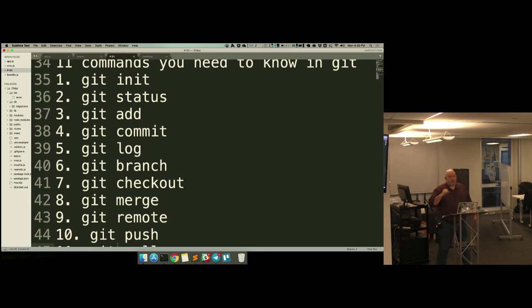Cool. So that gets us through an intro to Git. Like I said, there are many other commands that are out there. These are the 11 that you want to start focusing on. And I'm going to throw down a metaphorical gauntlet, and I'm going to say that today's the day that you want to start building the habit of working Git into your workflow. In about 3.5 weeks, when we get to the point that we're kicking off the midterm projects,